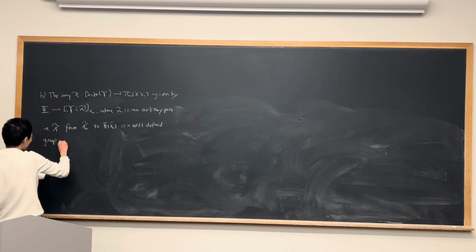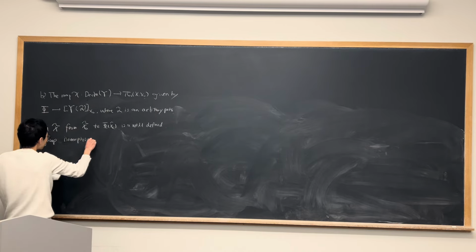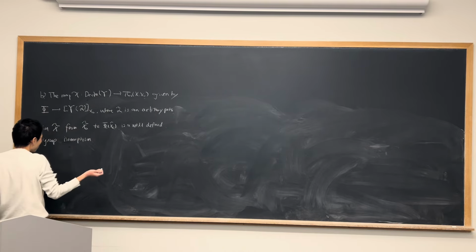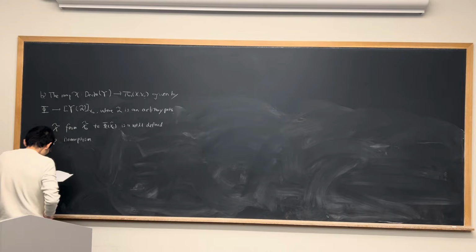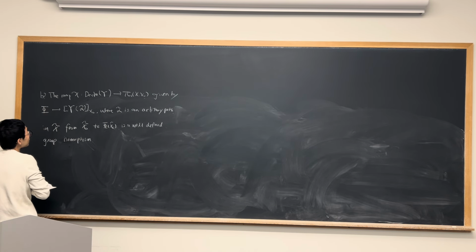Group isomorphism means that it's a homomorphism, its kernel is 0, and it's a bijection, so it's surjective. So we want to show that this is well defined. Why is it well defined? Because if you have two paths,